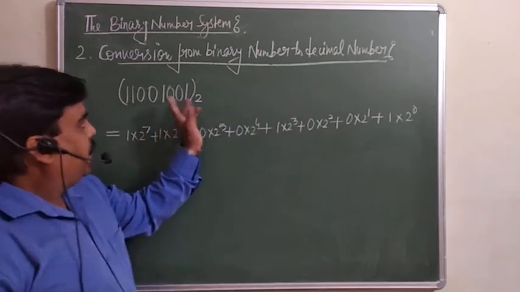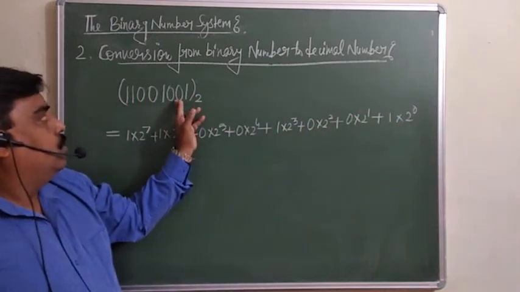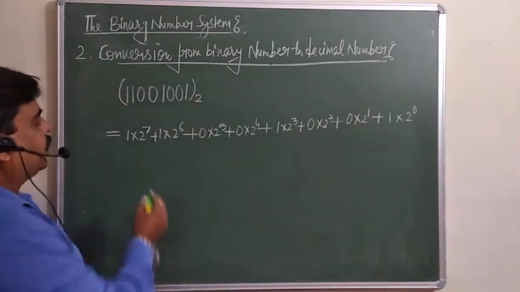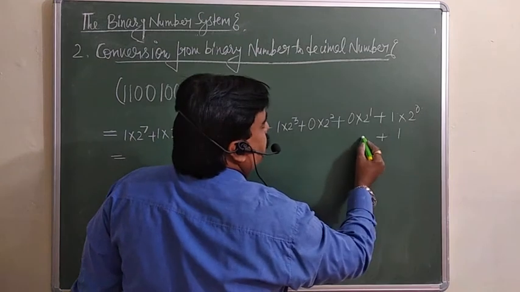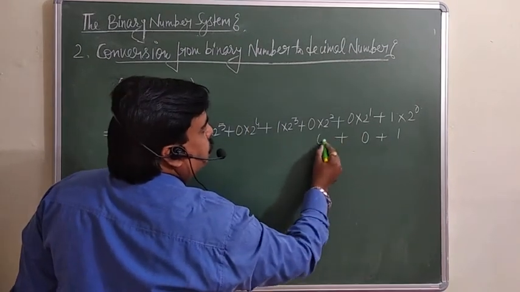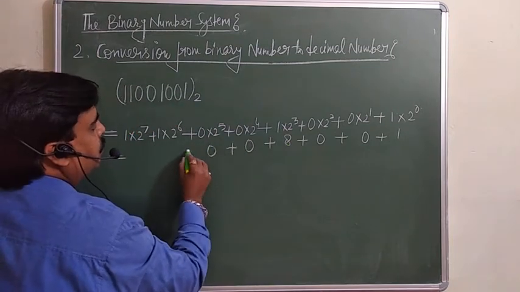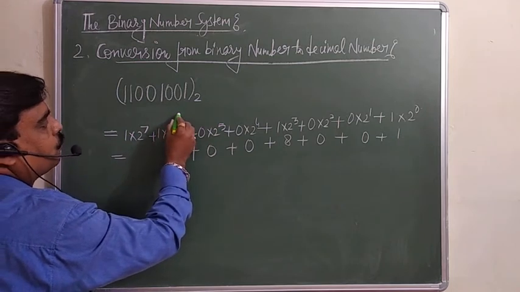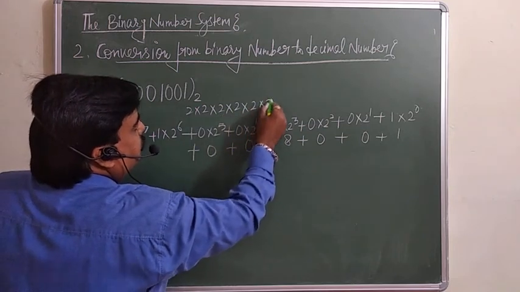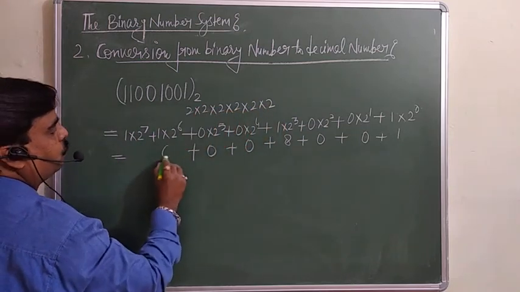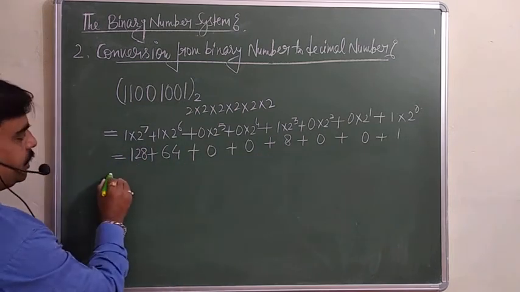So 8 is here only, and this number will come as it is at 2 raised to power, because the base 2 is there only. So 1 into 2 raised to power 0, 0 into 2 raised to power 1, and solve this one only, you will get the number. See now. So this is 1 into 2 raised to power 0 is 1. This is your 0 plus 0 plus this is your 8 plus 0 plus 0 plus 2 to the 6 is 64 and plus 128. 2 to the 4 is 16, 32, 64 and plus 128. And you are supposed to add these numbers. So you will add this one only.